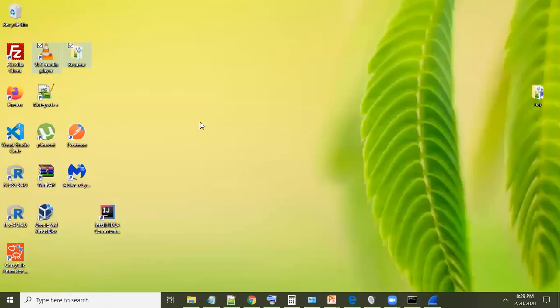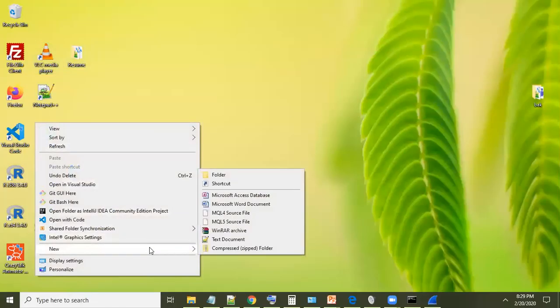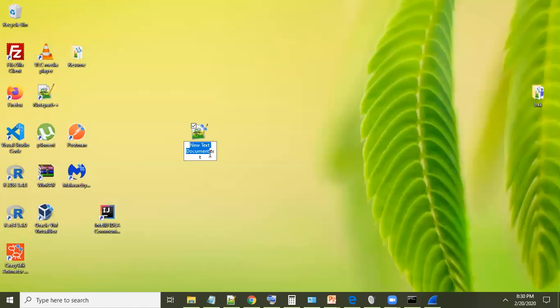You can create it on your desktop. Right-click, go to new text document, or new file, and then create it. And then what we're going to do is name it helloworld.html. .html is basically a website file.